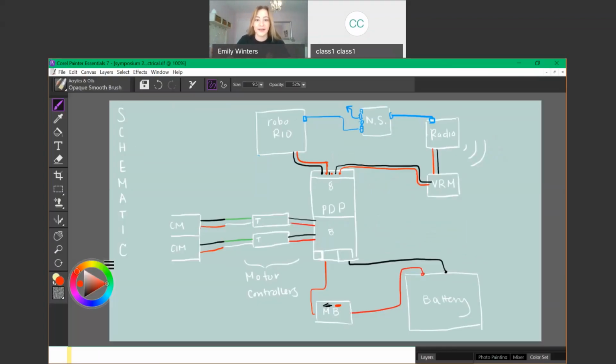Because if the Roborio has power, that means the power has traveled all the way from the battery, all the way through the PDP, all the way to the Roborio. You might have a broken Talon. You might have a CAN issue. So the VRM might be not working. Well, that would be very unlikely. But